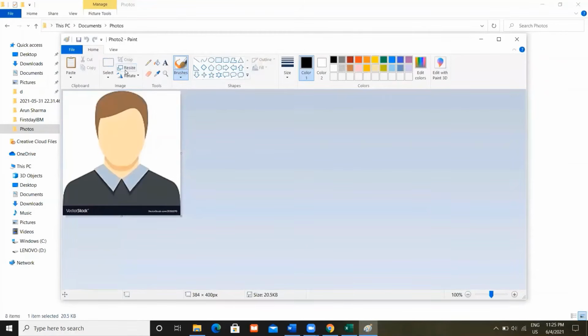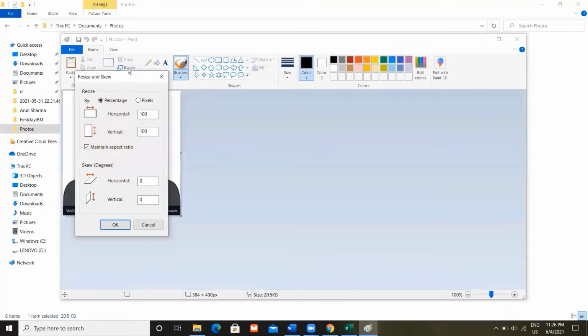You can see the resize option available over here. You can press Ctrl W or you can directly click on this button over here. A pop-up will be shown. Select pixels in it and resize it to 200 into 200.